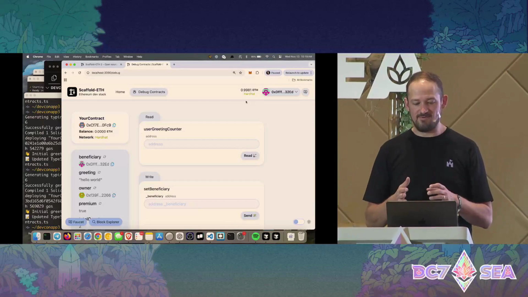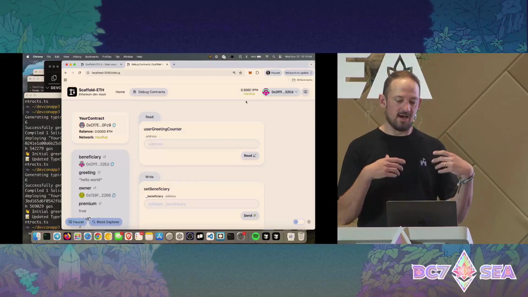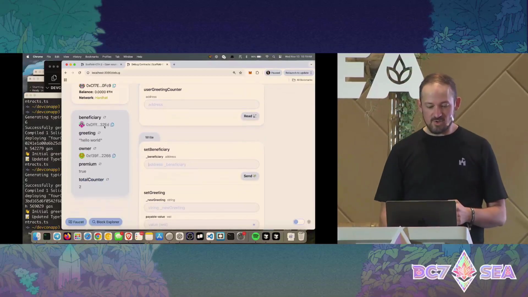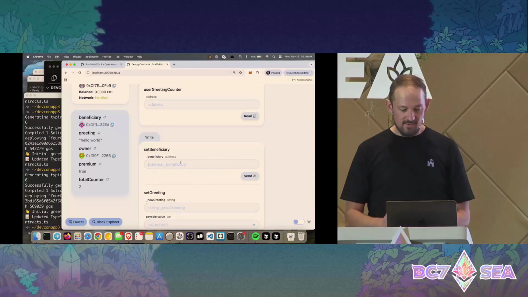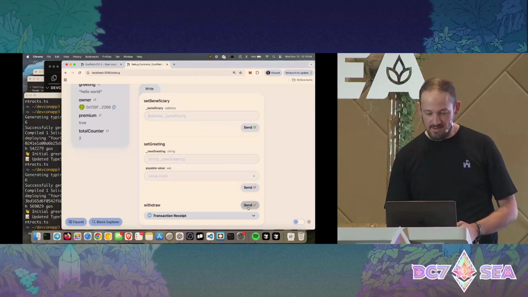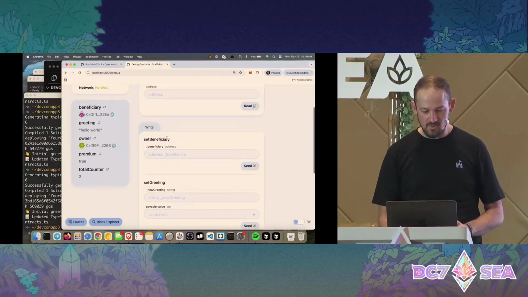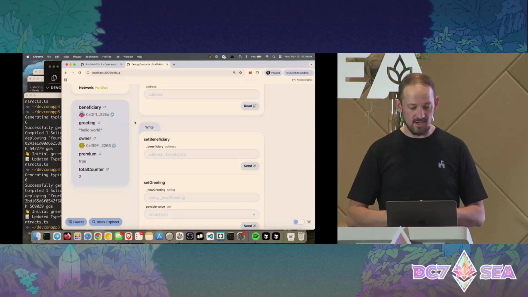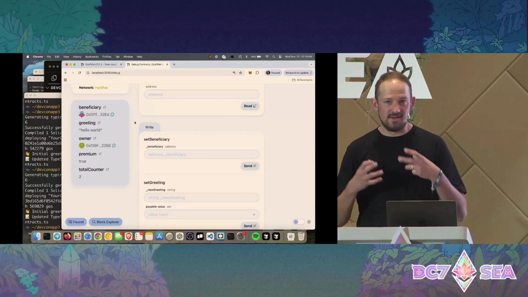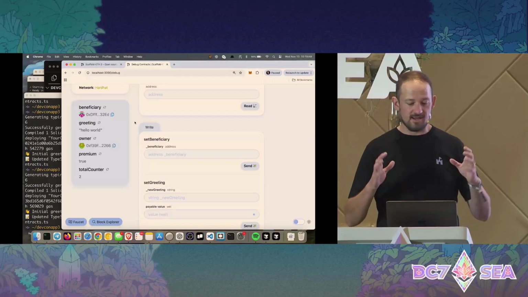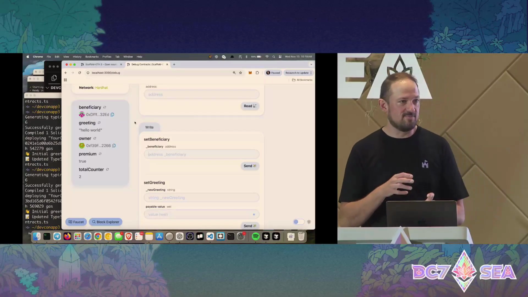But in terms of our little smart contract, I now am able to keep track of some beneficiary, and anyone in the world could set that beneficiary. And when they come in, only the beneficiary is able to withdraw the money, and it goes to them. It's a simple little app. You guys are the Solidity developers. You'll spend more time building things. I'm going to build a silly little example, but